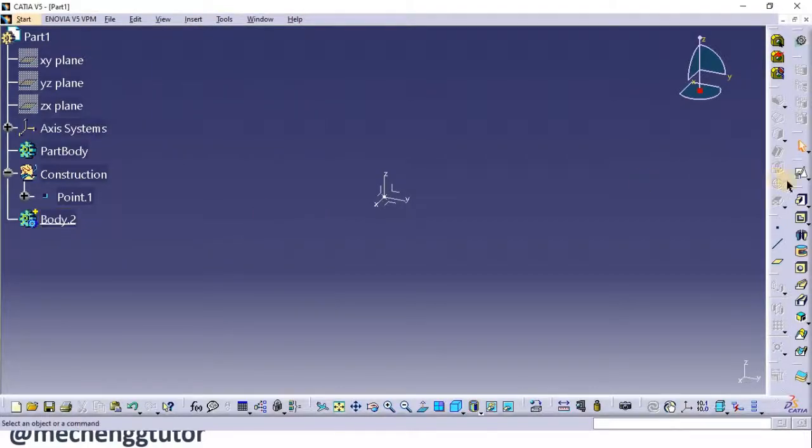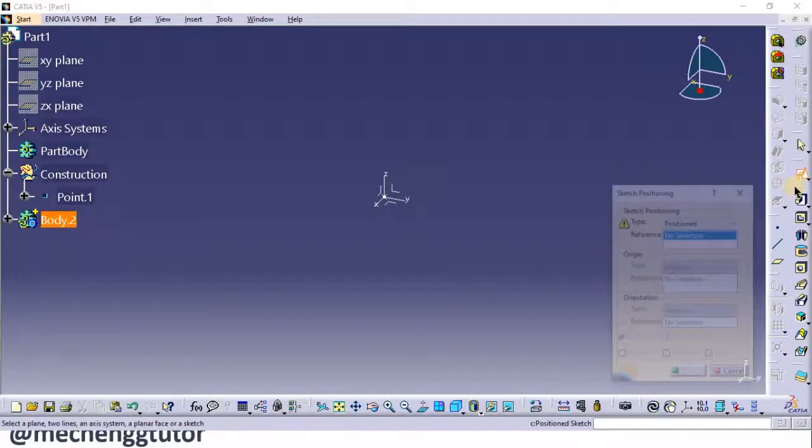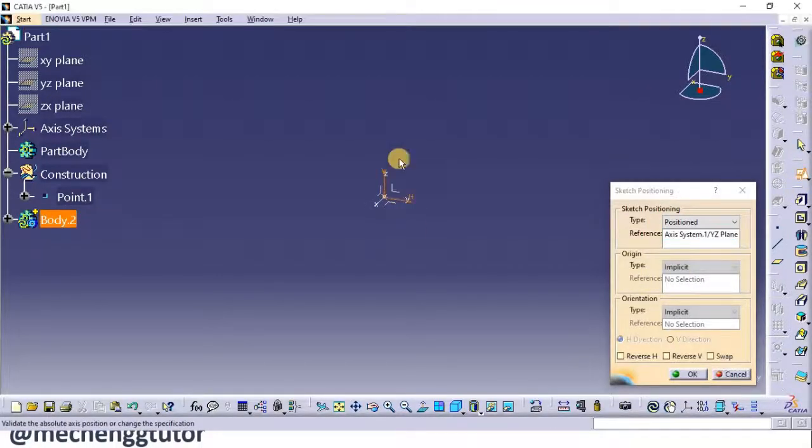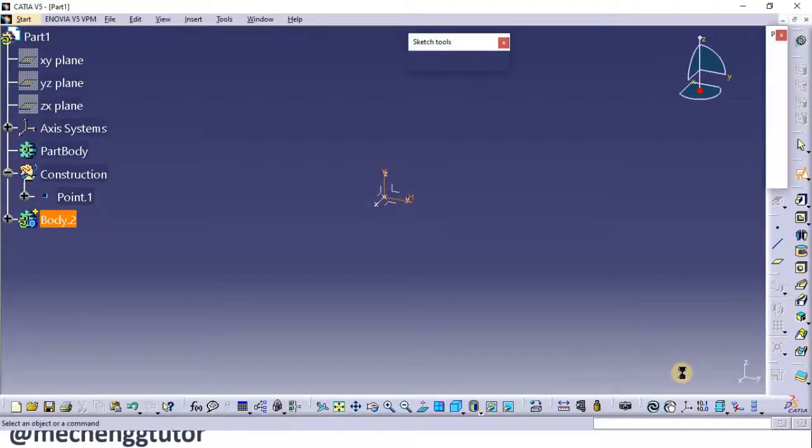So in this body, I'll now go to the positioned sketch, and we have also seen why positioned sketch is preferred over the regular sketch. So I click on this positioned sketch, it will ask for the plane. So I take this time the vertical plane. Either you can take the XZ plane or the YZ plane. So here I have taken the YZ plane. Now it will ask the origin for the sketch, and for this origin I will take the projection point and I will specify this point which has been inserted at a different location from that of the origin and say OK.